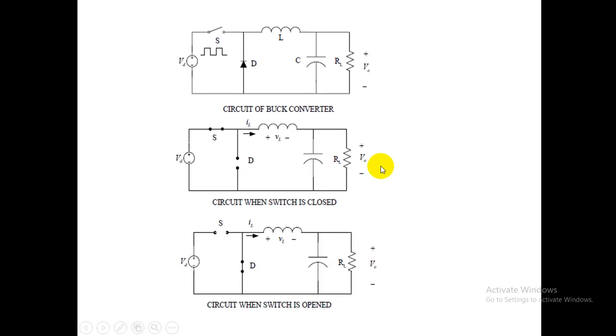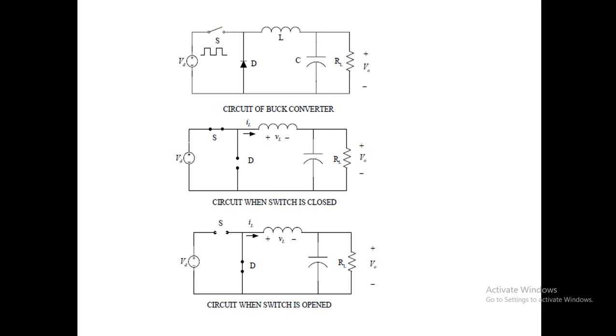One more configuration we can see for the buck converter is that instead of going for switch positions 1 and 2, we use only one switch, a power alternating switch. A thyristor can be used, or a MOSFET, IGBT, BJT, and GTO also can be used, based on the rating of the application that the power is going to be fed to the load.